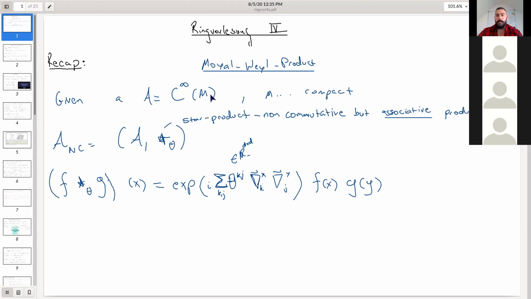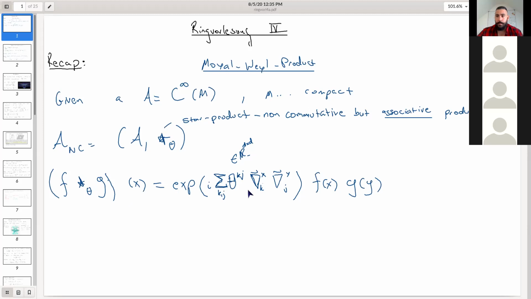If M is non-compact, you can take a subalgebra of that, the functions that are smooth and vanish at infinity. And then you can define a new algebra,